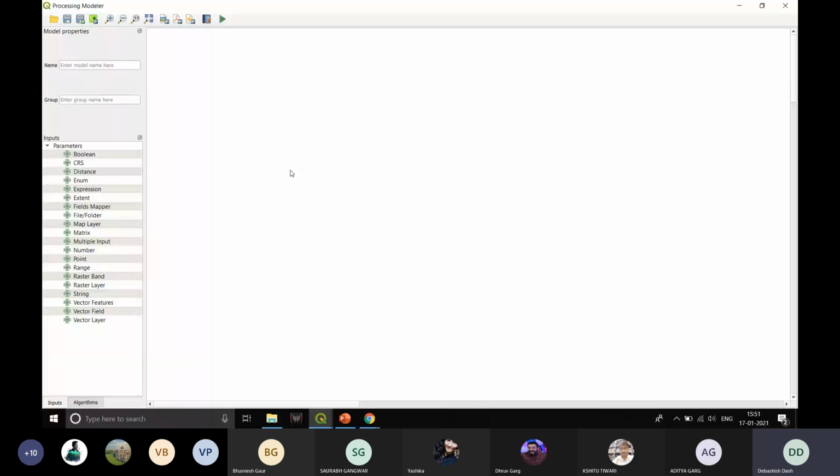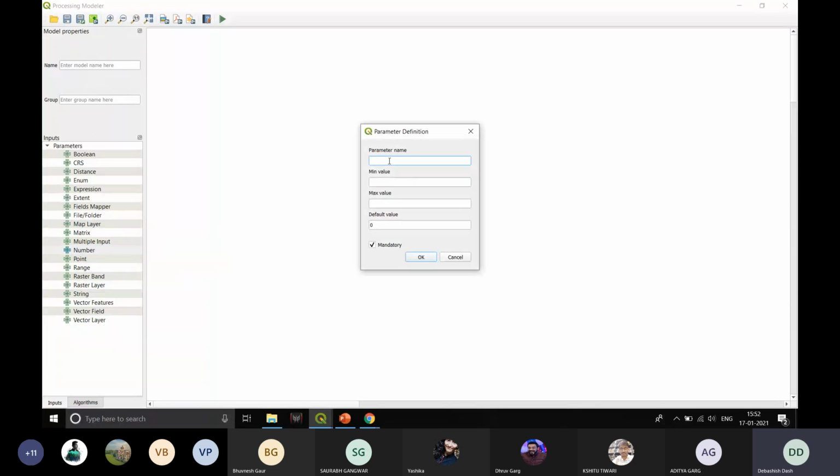First we'll tell the model builder that we have to input a value, the buffer value, and then we'll also make an input which will correspond to the vector layer, that is our point layer. So for that, here I have something called number. Okay, so what is my distance? My distance is basically a number, nothing else.